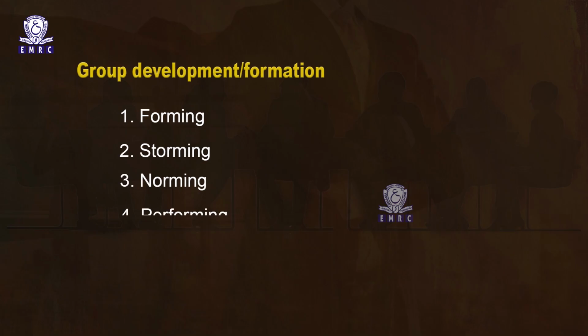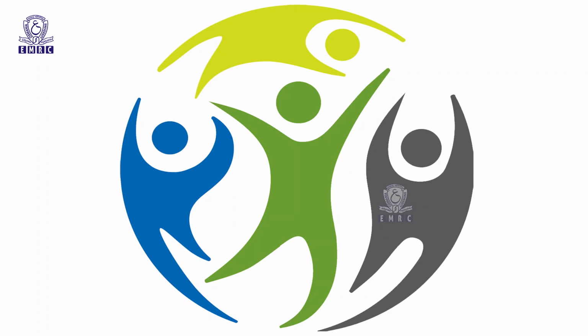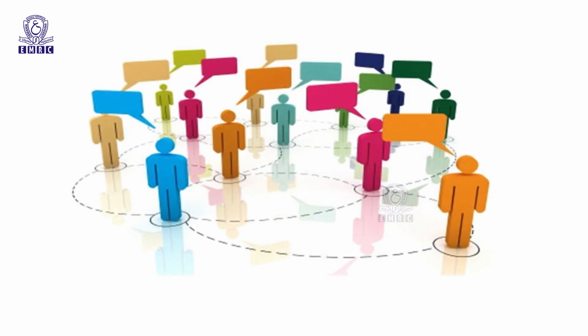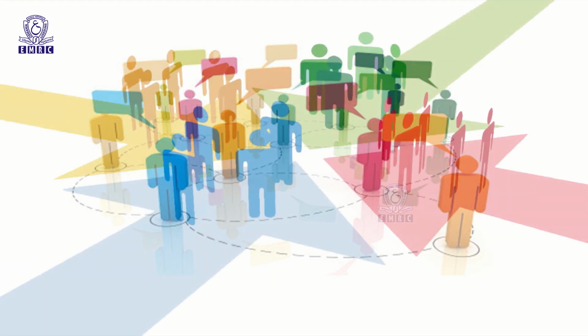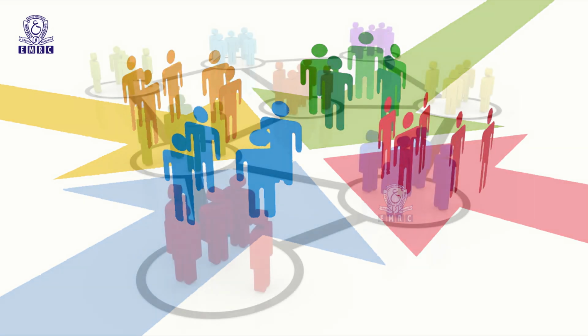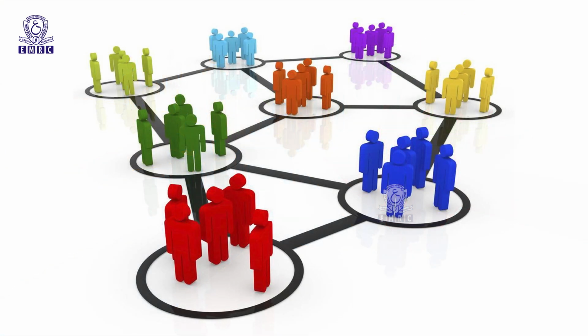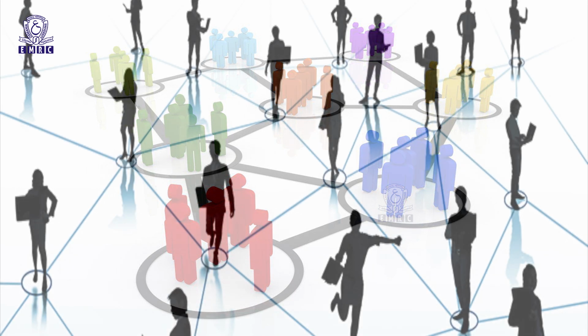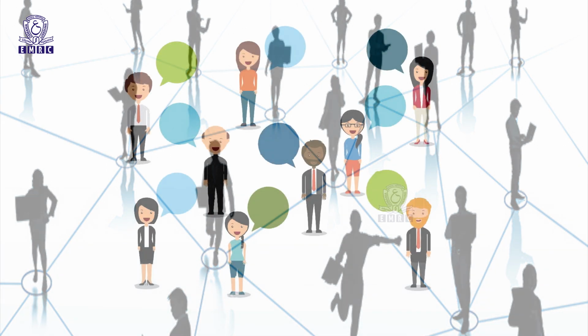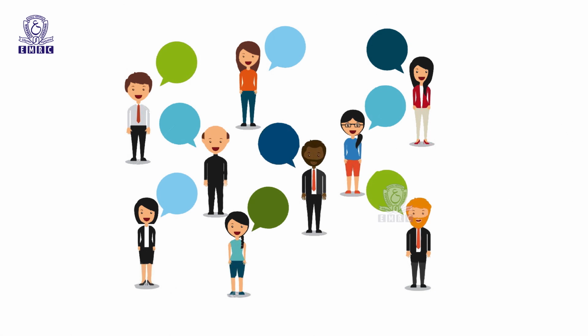And now comes the most important phase, that is performing. It occurs when the group has matured and attains a feeling of cohesiveness. In this stage, members of a group make decisions through a rational process that is focused on relevant goals rather than emotional issues. Issues related to roles, expectations and norms are no longer of major importance. The group is focused on its task, working effectively to accomplish its goals.